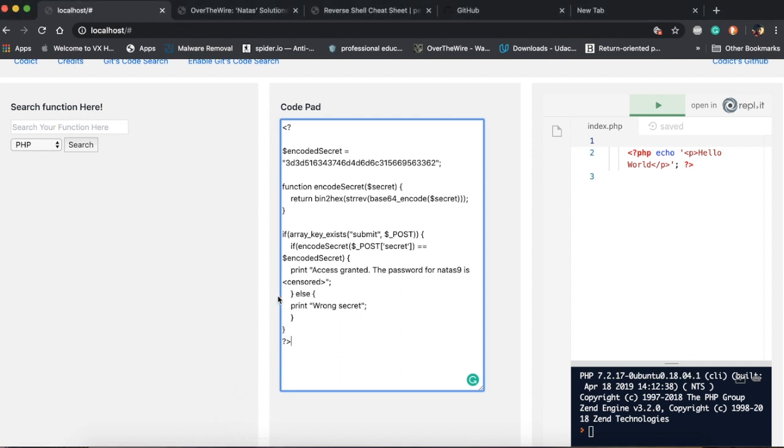I've copied this code from one of the challenges from overthewire.org, and I'm quite new to PHP. I don't know the function usage, and I don't know anything specific about the functions which are going to be used in the PHP code. So here's the thing. For example, if I want to know what this function does, I'll go here, choose my language, PHP, and then just type